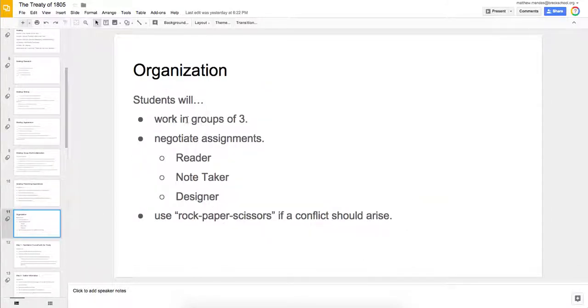Okay, organization. You're working in groups of 3. Generally, you want to break up your group of 3 into 3 different roles. You have a reader, a note taker, and a designer. So the reader is going to do most of the reading. Note taker is going to be gathering that information, doing the typing. Designer is going to be looking at the slide, gathering images, making sure it's 18 font for the text,